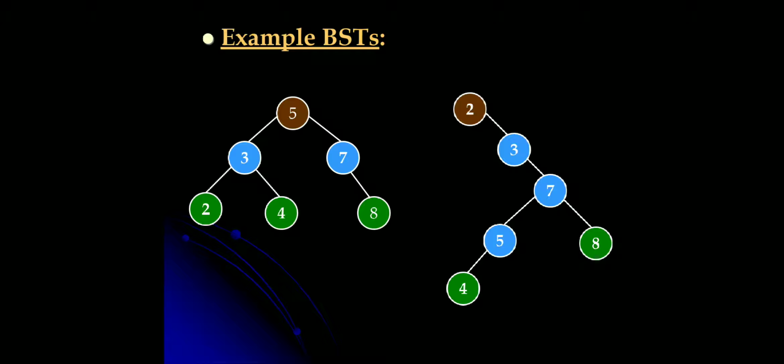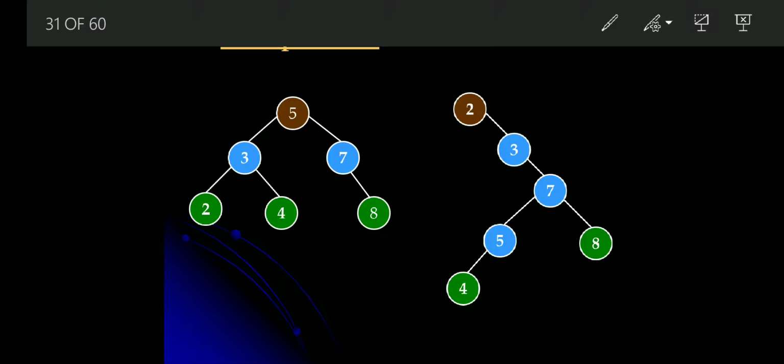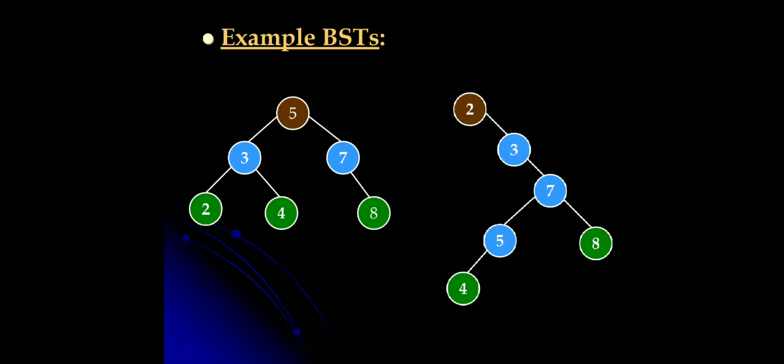Coming to the examples of BST, in the first figure you can observe the root node has information 5. The left subtree node values are 3, 2 and 4. These values are smaller than the root node, and the right subtree nodes are 7 and 8, which are greater than the node 5. If you go to the next level, 3 is the root node for the left subtree, where 2 is smaller than 3 and 4 is greater than 3. If you go to the right subtree with node 7, the left subtree is null here, but the right subtree value is greater than 7. That means at any level you check, it should satisfy the BST property.